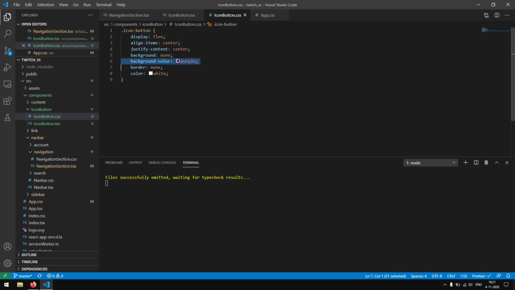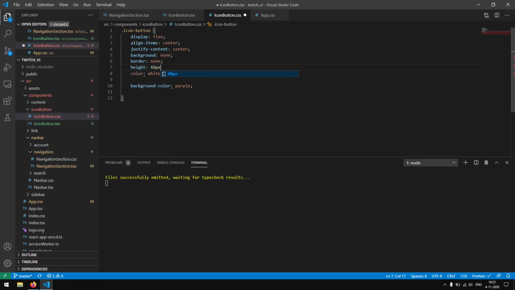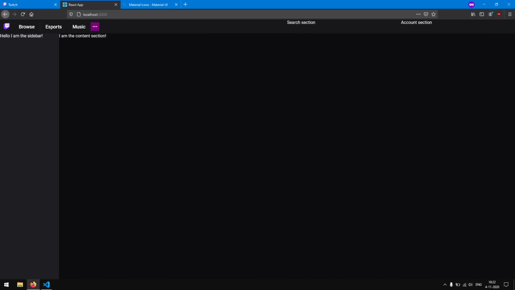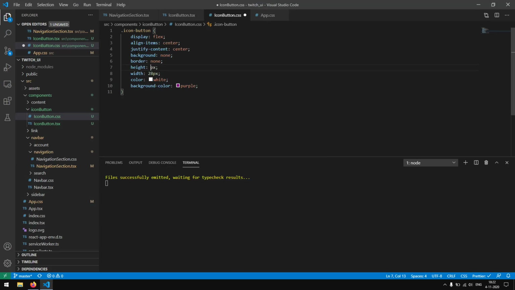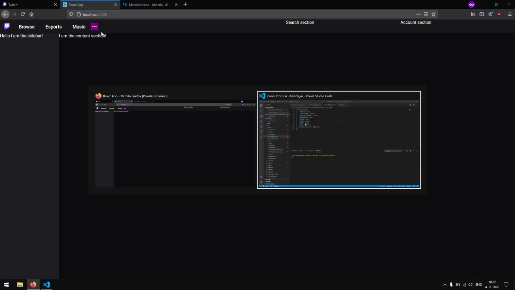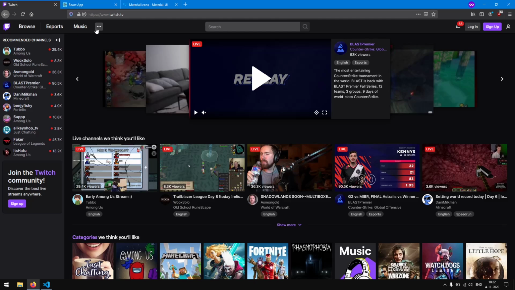So I'm going to leave the background color so we can see what is actually happening. And right here I'm going to say height of 48 pixels and a width of 48 pixels as well. And I think that's way too big. 32? Yes. So 32 is fine. I think maybe we can even go to 28. Yes. Good. Okay. So next up, we are going to remove the background color, like so. And we have a nice button, which is looking really cool,